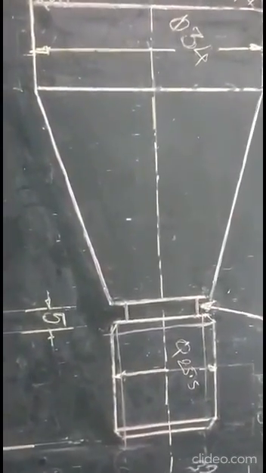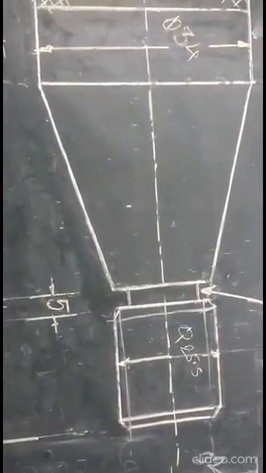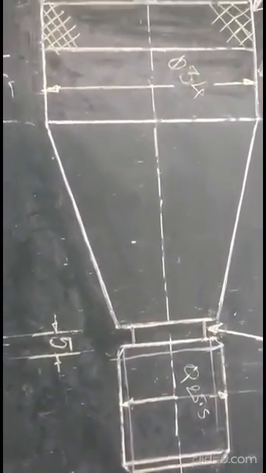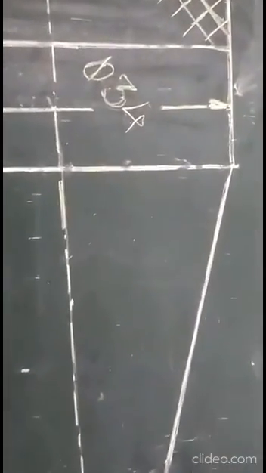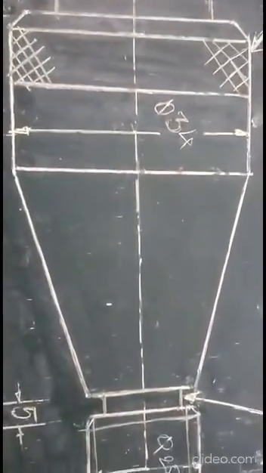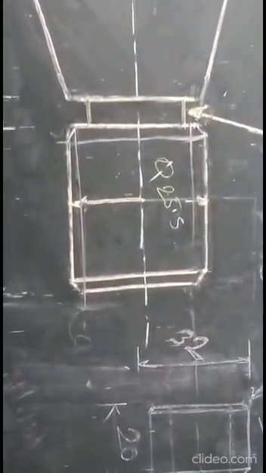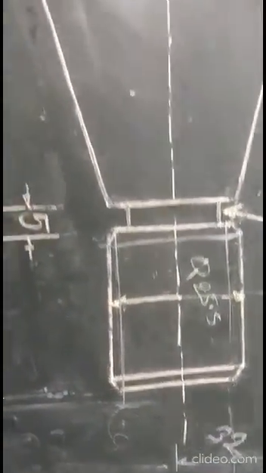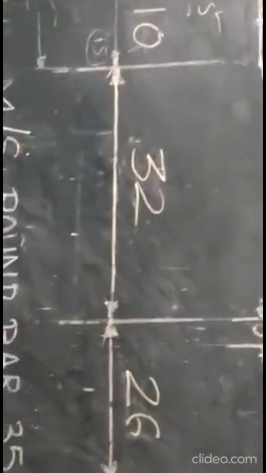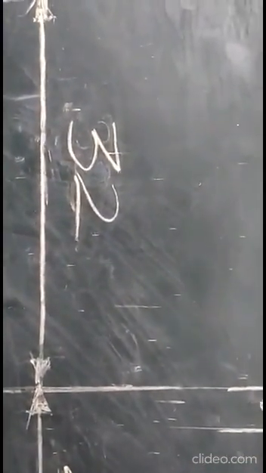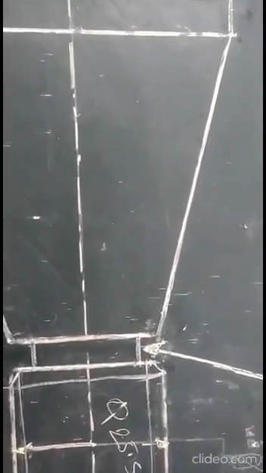Now we have to do the tapering operation, taper turning operation. You have to make taper. So larger diameter, you can see here, this is a 34, this is a larger diameter, and smaller diameter is a 25.5, and length between this taper is a, you can see here, this is a 32. 32 is the length of the taper length, you can say.